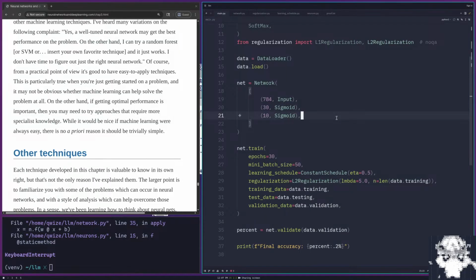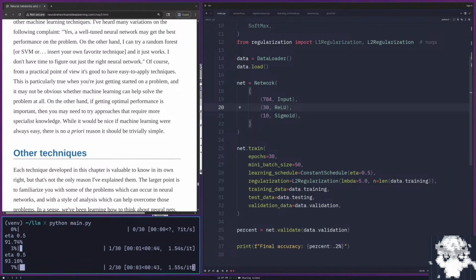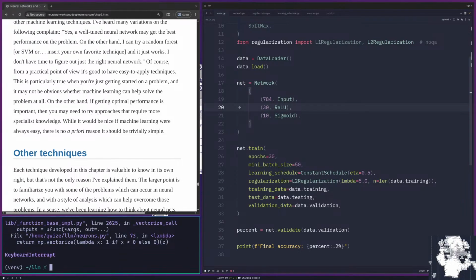Between streams, I happened to just try my ReLUs again, and they worked this time. So I don't know what we've changed that now makes ReLUs work. I didn't think we changed anything that would impact that, but ReLUs are now working. So I'm gonna